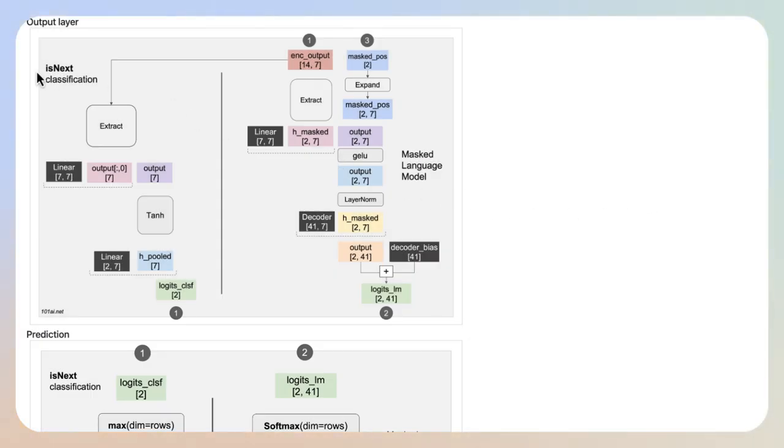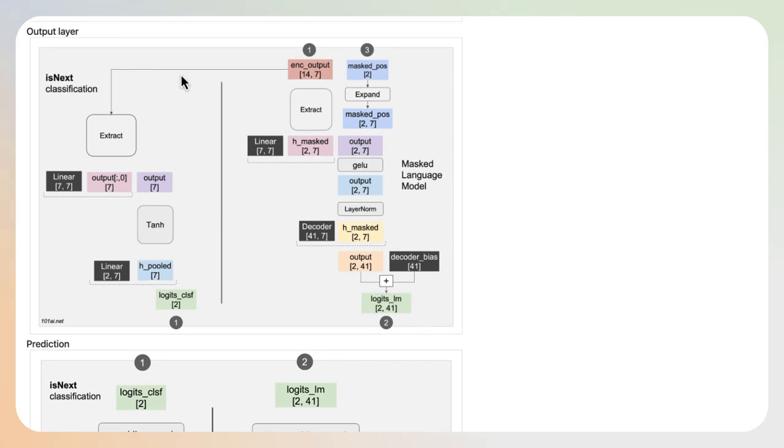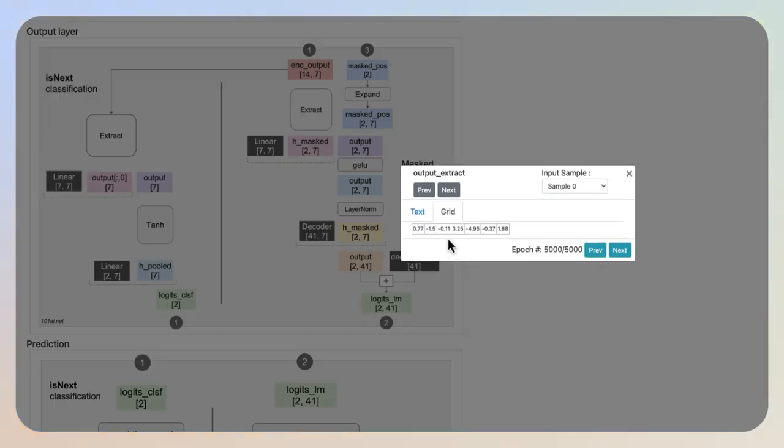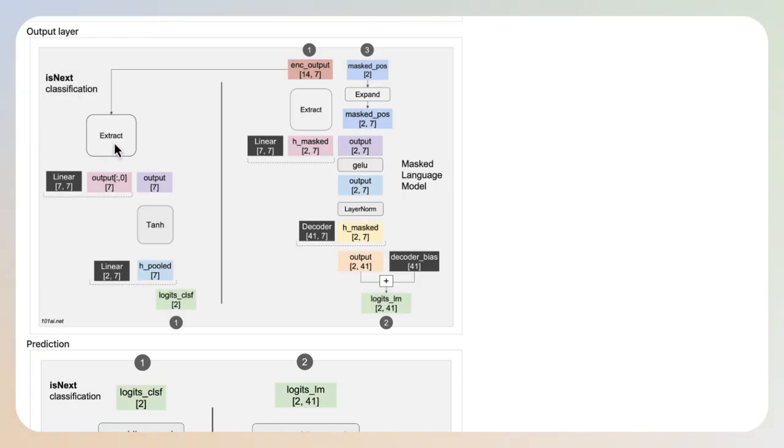Let's now explore the isNext processing. We extract the 0th row from the encoder output, which we can see in this block here. Here are the 0th row elements. Extracting the 0th element from the encoder output is crucial for the isNext classification task. This task determines whether one sentence follows another in a coherent manner. The 0th element often represents the special classification token, CLS, that BERT uses to capture the aggregated representation of the